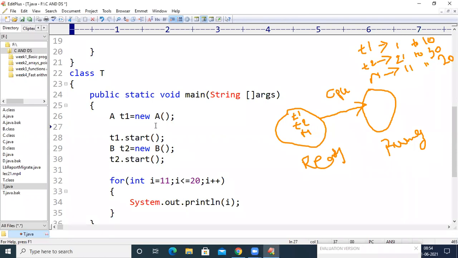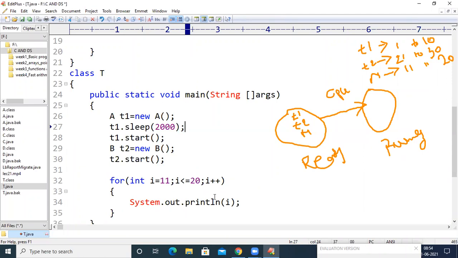So what I have to do? I need to suspend the thread. In order to suspend the thread, we can go for sleep, or we can go for join, or we can go for suspend. If I go for sleep here, we all know that sleep takes a long integer value. If you supply 2000, that means the T1 thread will not be executed for 2 seconds. After 2 seconds, it will be brought into the ready state and then it will get executed.